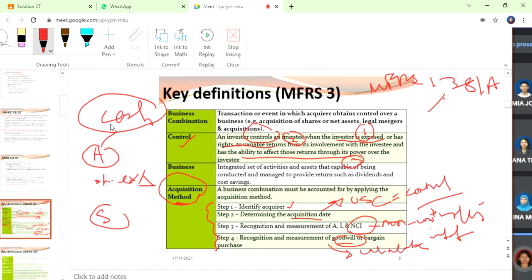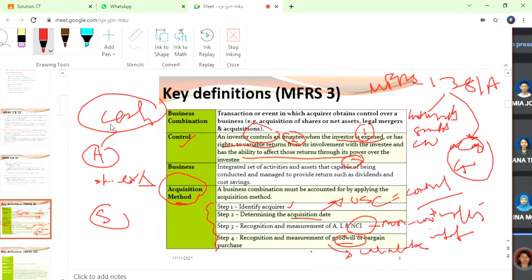What does this standard say? This standard prohibits the recognition of internally generated goodwill. If it is internally generated, the standard prohibits. But if it is an acquired goodwill,